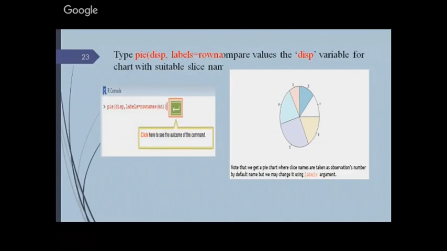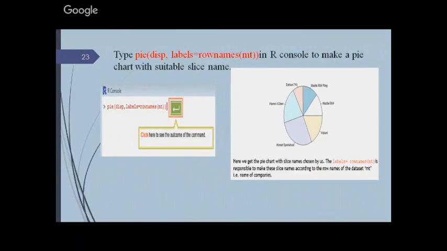If you want to give specific names, labels equals to row name. So the first observation, which corresponds to a particular car, I will pick its row name. What was it? Datsun, and one is Mazda, another one is Valiant, and so on. So these are the different names for each individual observation, taken as row names. Fine. So it has taken names from the data set itself,